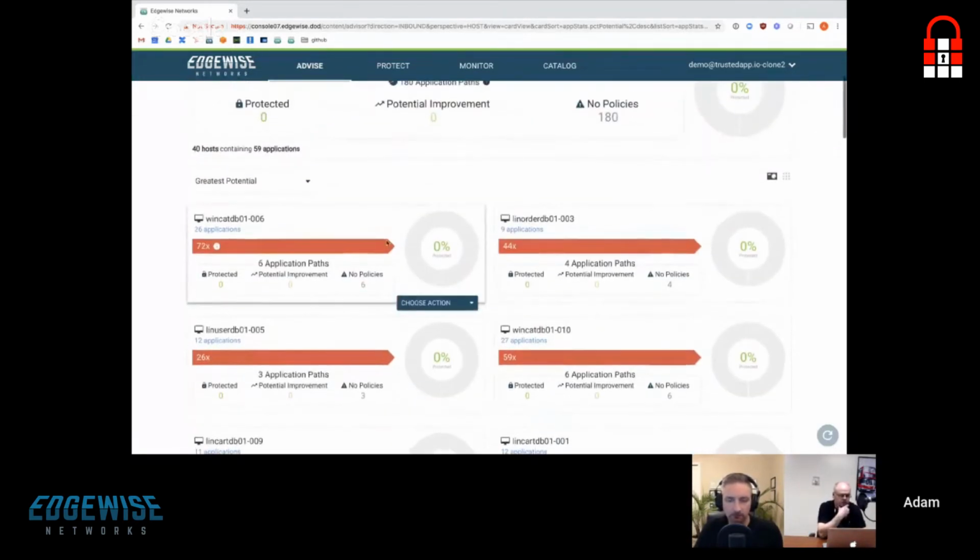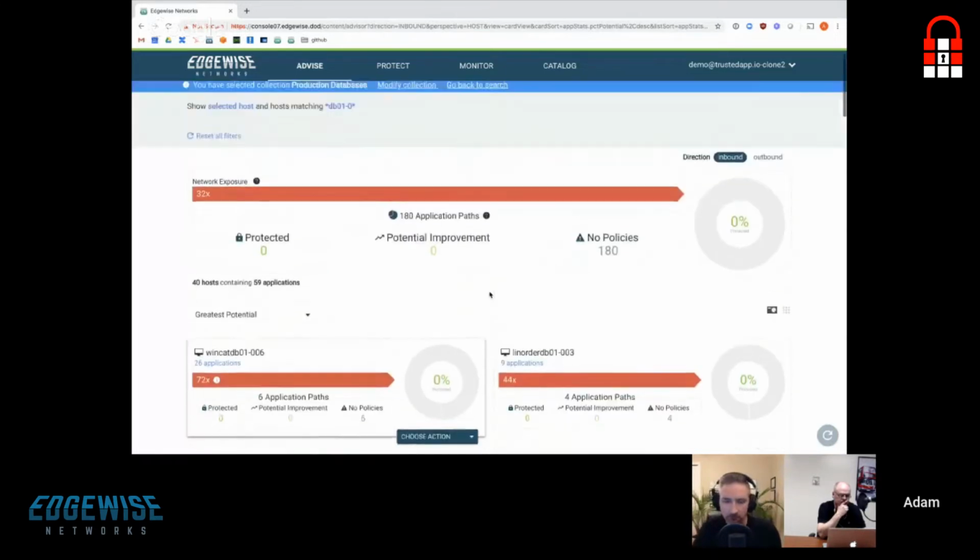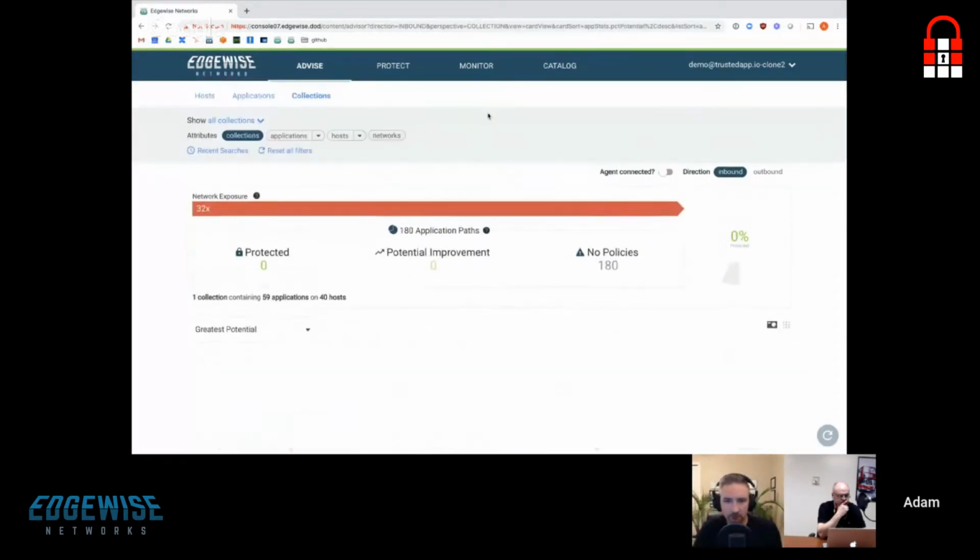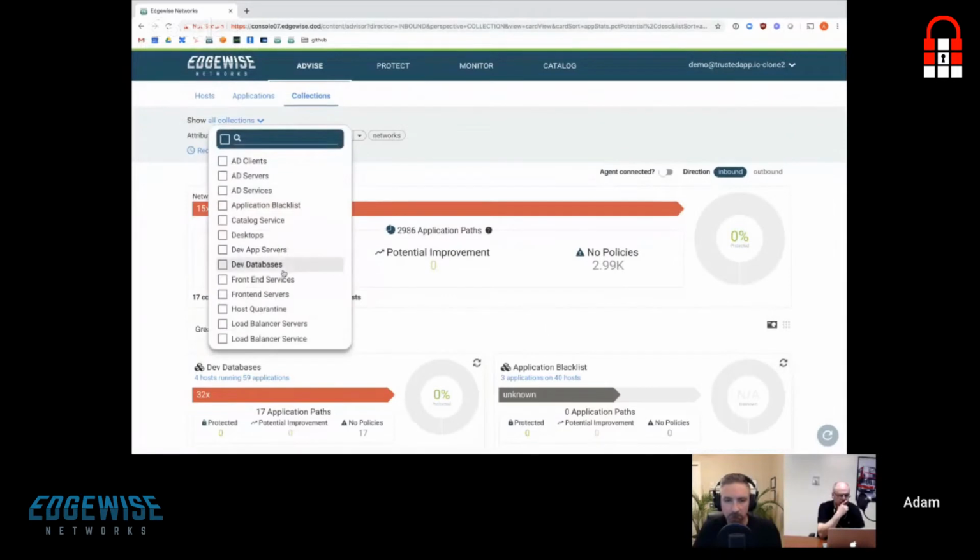You can see that each of these has, say, 26 different pieces of software running on them, talking on the network. This one has 9, this has 27. What we want to focus on is the actual database process itself. For this environment, we run Mongo database. So instead of focusing on the database host, I'm going to focus on the actual Mongo process itself.